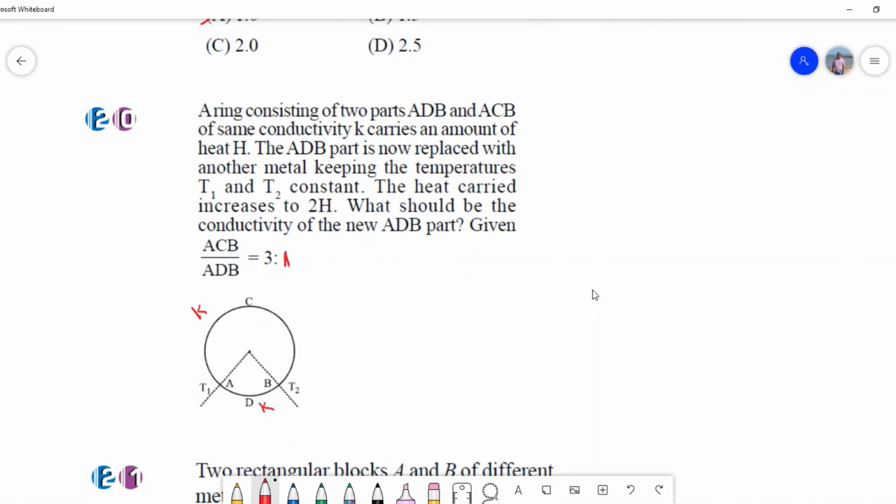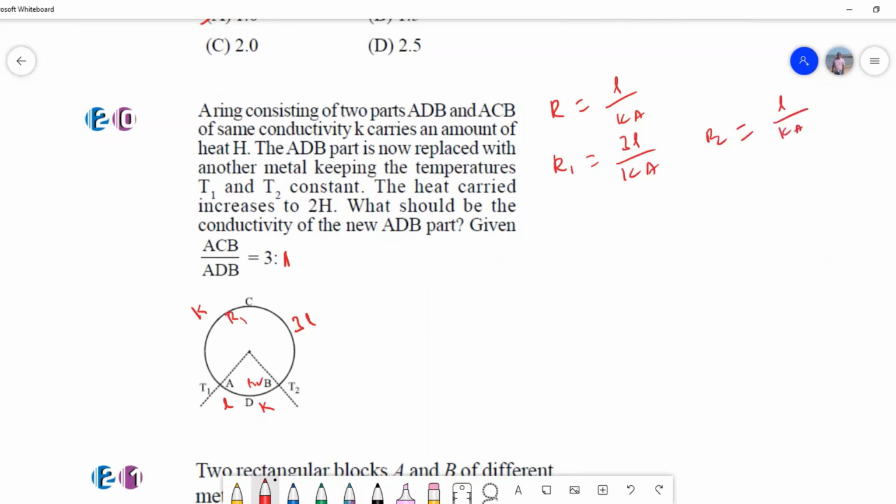So this is actually a 3:1 ratio. It is as simple as the previous one we have done. If I take this length as L, this part becomes 3L because it is a 3:1 part. Let us calculate. I take the resistance of this as R1 and the other as R2. So R is equal to L by K in general. The resistance is equal to L by Ka. So what is R1? The length is 3L, so R1 is 3L by Ka. And R2 is L upon Ka.